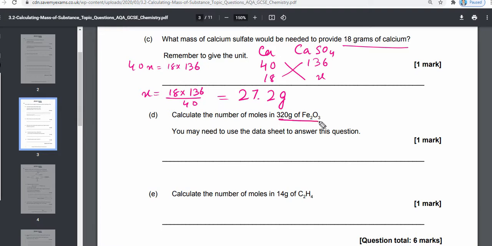In part D it says calculate the number of moles in 320 gram of iron oxide. So first of all we have to find out the molar mass of iron oxide. Then we'll use the formula of mole equals mass over molar mass, and we'll get the number of moles. So the formula mass for iron oxide will be equal to